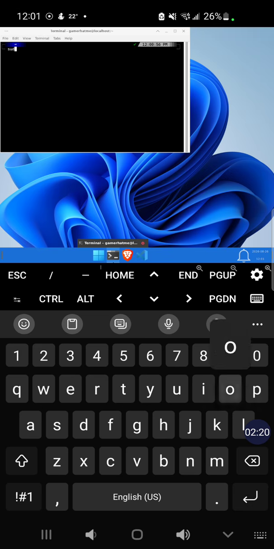So type in sudo apt install curl. This is for my distribution, Ubuntu 24.04, which has support till 2029. So I already have curl installed, so I'm going to type in